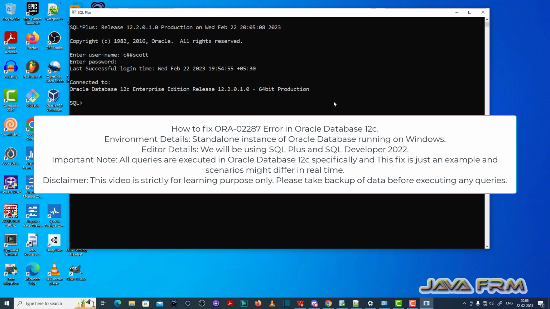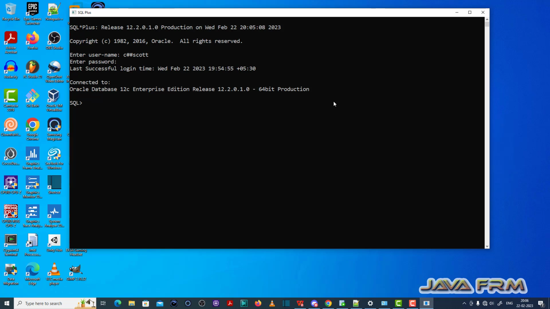So I have logged into the SQL Plus editor as a common user called c#call. Make sure that you have enough permission to execute the SQL query. Okay. Now